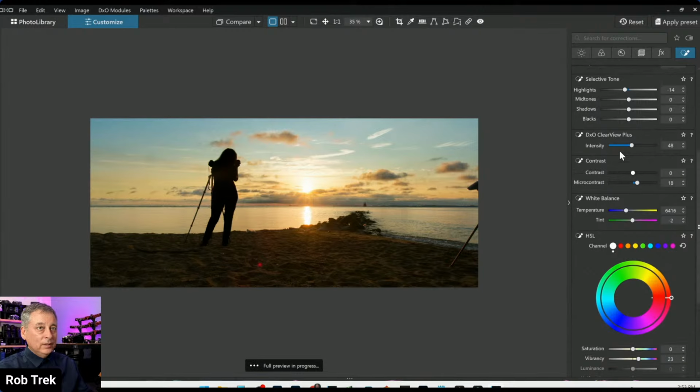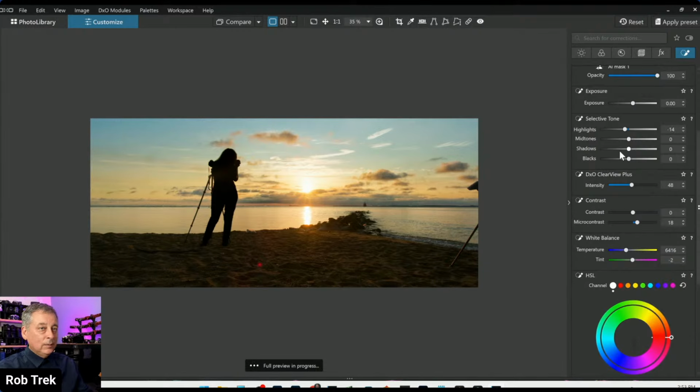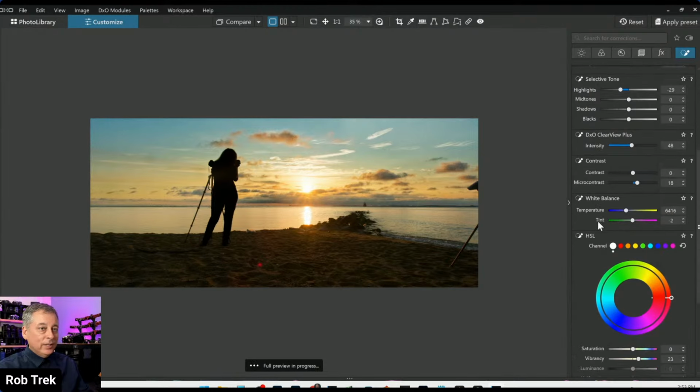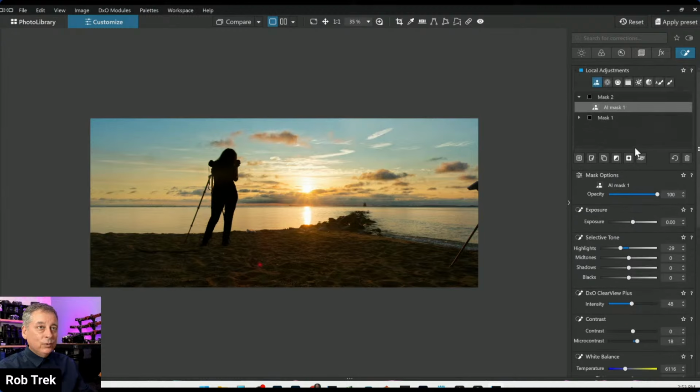I'm going to go up here. I might be able to pull the highlights in a little bit more, like that. And I'm going to cool it off a tiny bit. It's just a little bit too warm, maybe just about 300 or 400 Kelvin. And then the foreground,